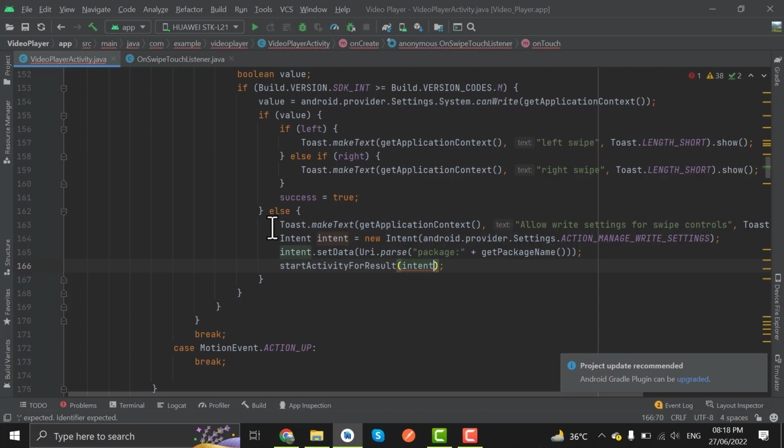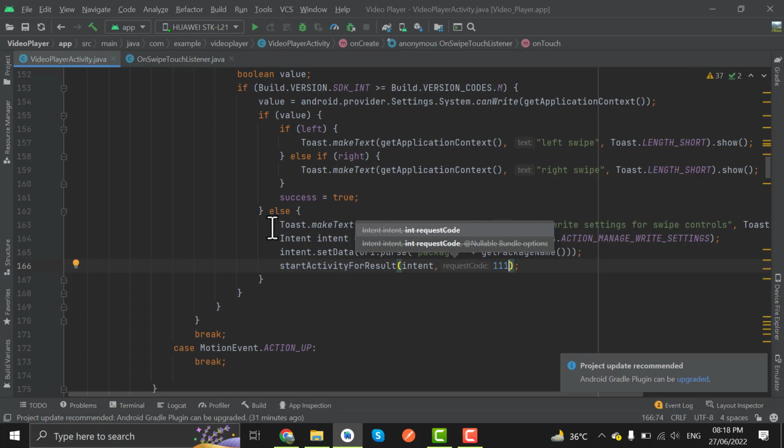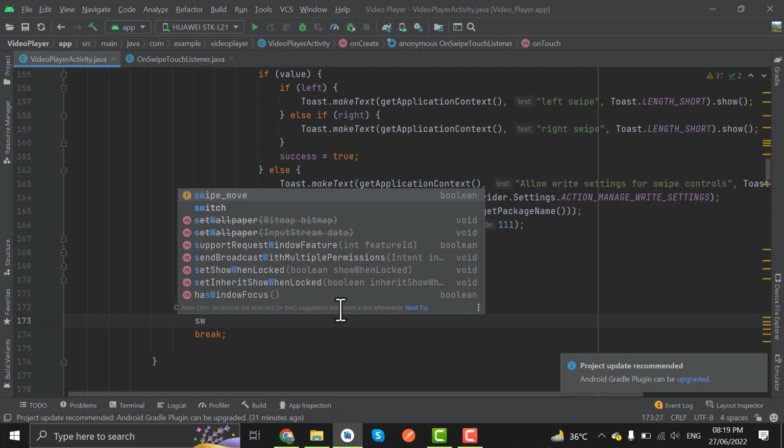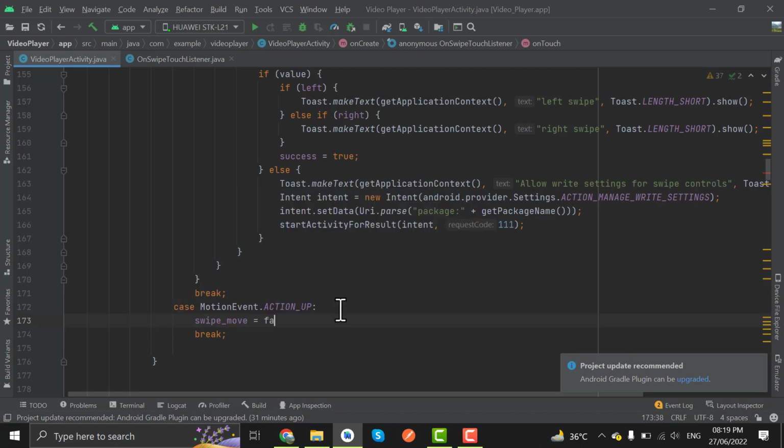First parameter will be intent, and secondly we will take request code. Let's say I take the request code as 111, and now in action up, when user will remove the finger, we will take the swipe move variable as false, and also start variable false,